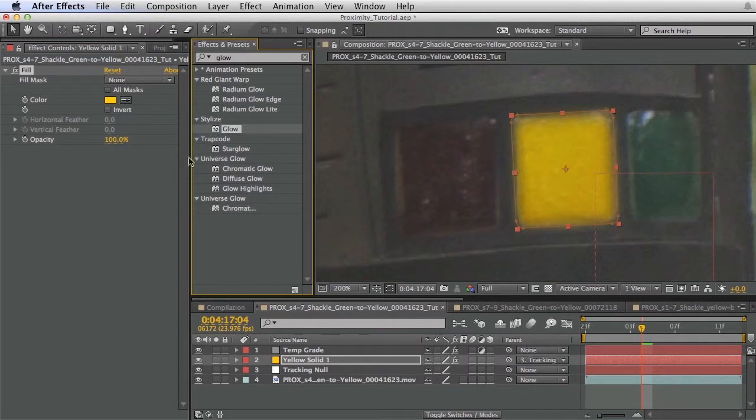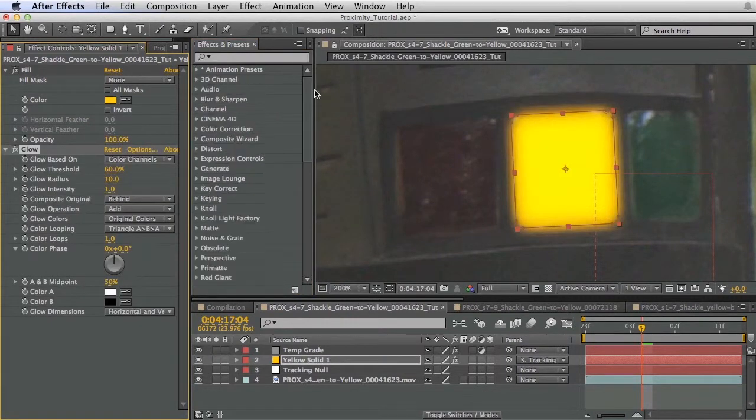So let's go to Stylize Glow. Bring this threshold up so we're processing less of the image. Bring the radius up to spread that glow out, and bring this intensity down. Again, we don't want it to look like an obvious blown out effect. We just want it just to the point where we notice that we're getting some glow